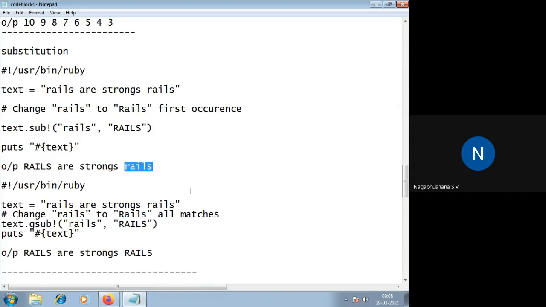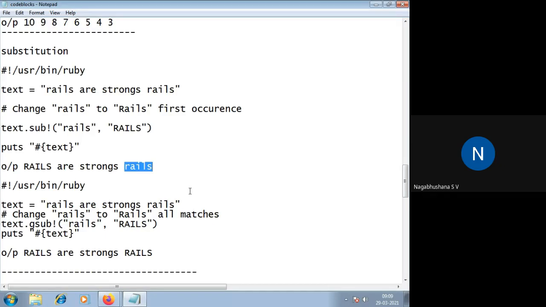This is the substitution operator. Please make a note: the substitution operators can be made locally as well as globally. If you are using only sub, it is going to substitute only the first occurrence.